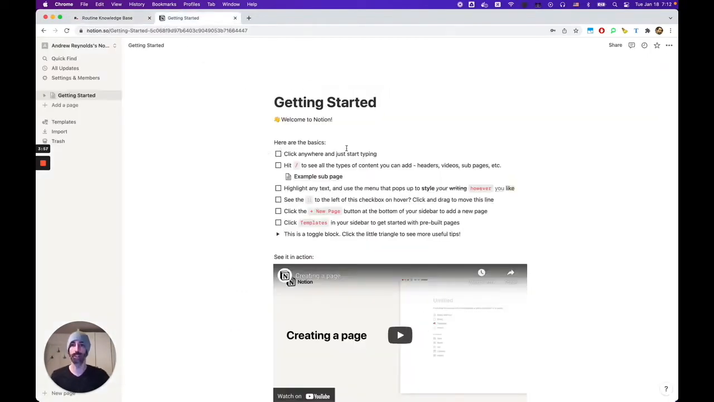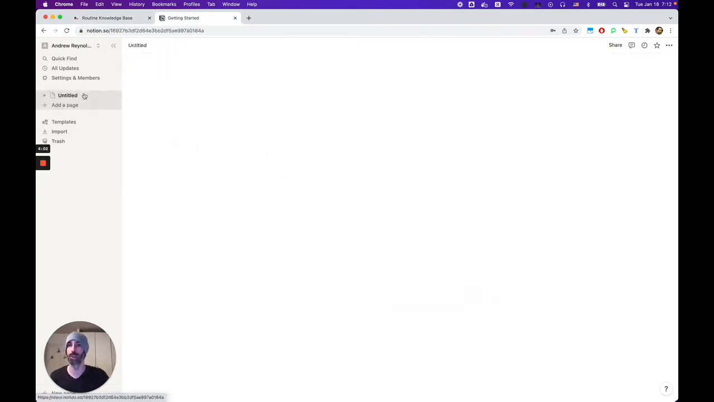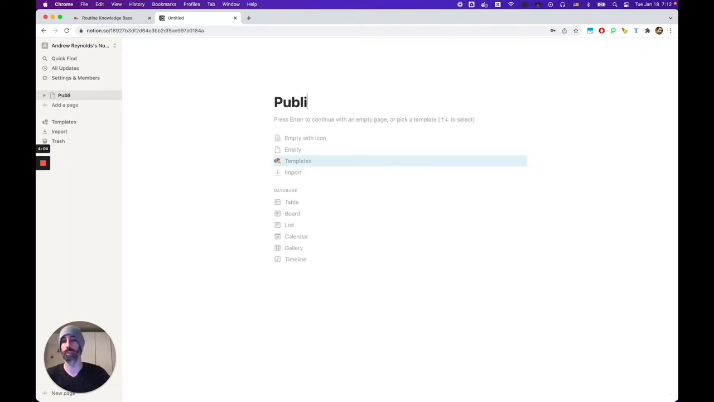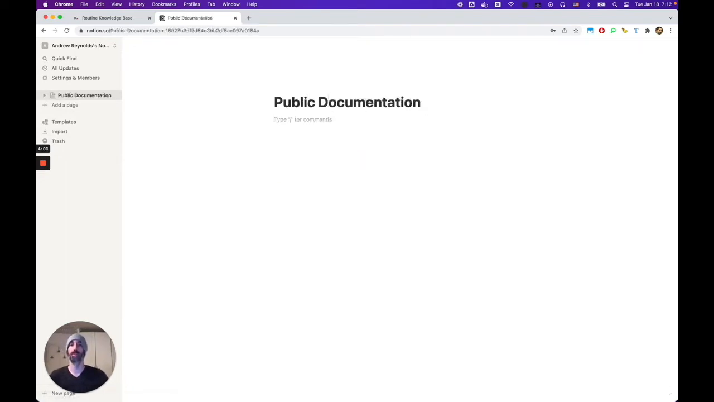So let's go. Let's just remove that page. We don't really care, and let's create a new page. We're going to just call that public documentation, something pretty simple. And we're going to start by creating some sections, like an introduction, an overview of the product, let's say,